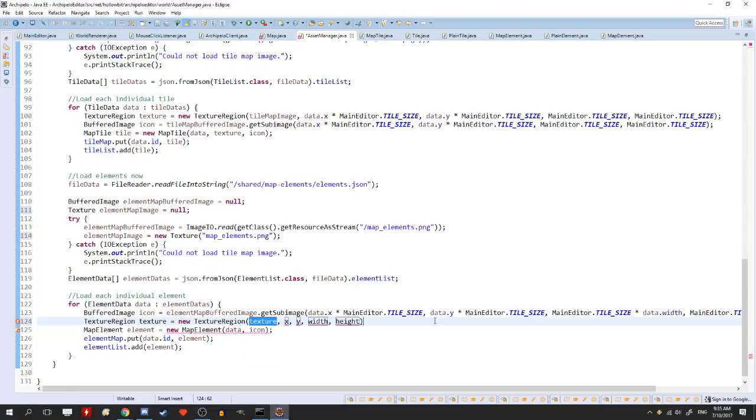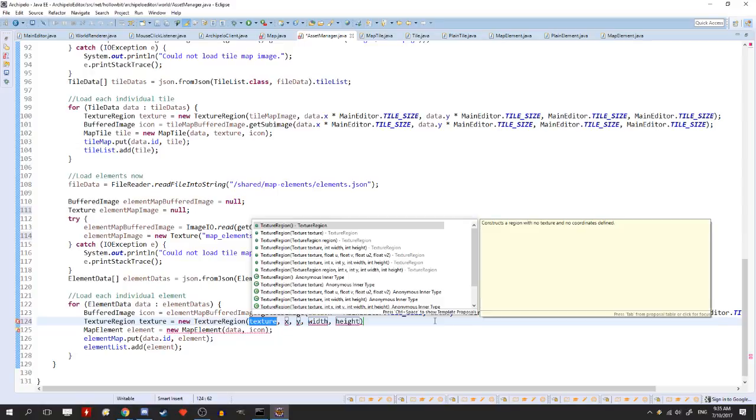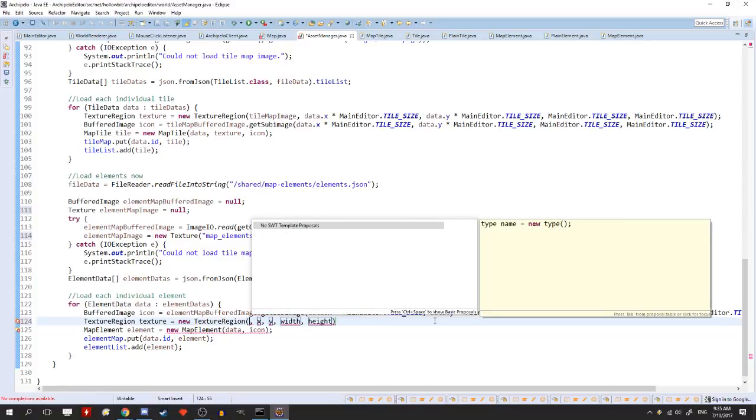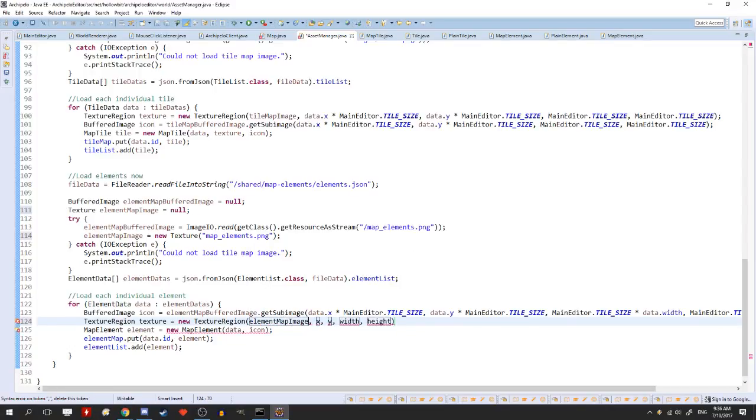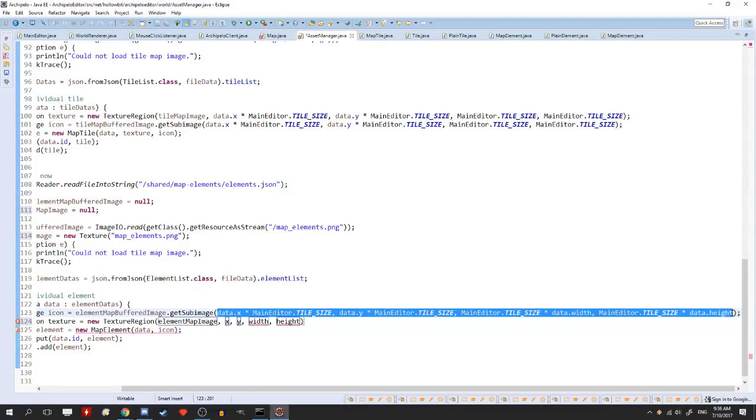Okay, and the texture is the element map image. And then all this X and Y stuff we can just steal from there because it should be the same thing. So